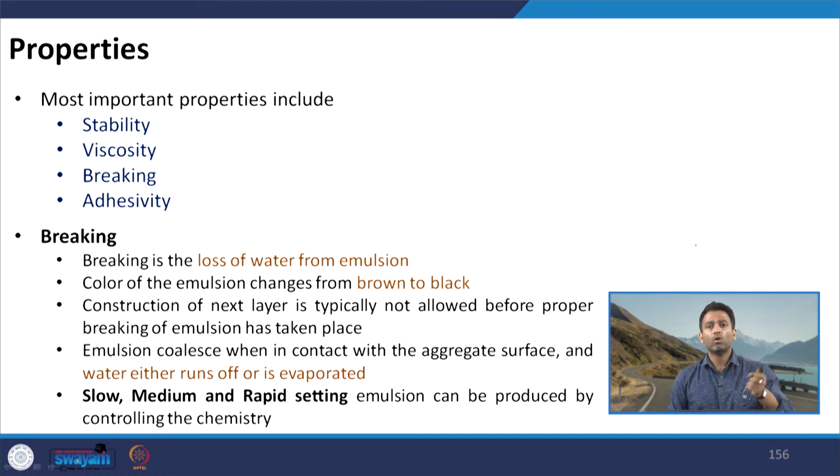Emulsion, they basically coalesce when they come in contact with the aggregate surface, and water runs off or is evaporated. So, when the emulsion comes closer to the aggregate particles, the bitumen which is in dispersed phase in the emulsion system comes close together. I will tell you how it comes close to each other and how this breaking is facilitated, because you might